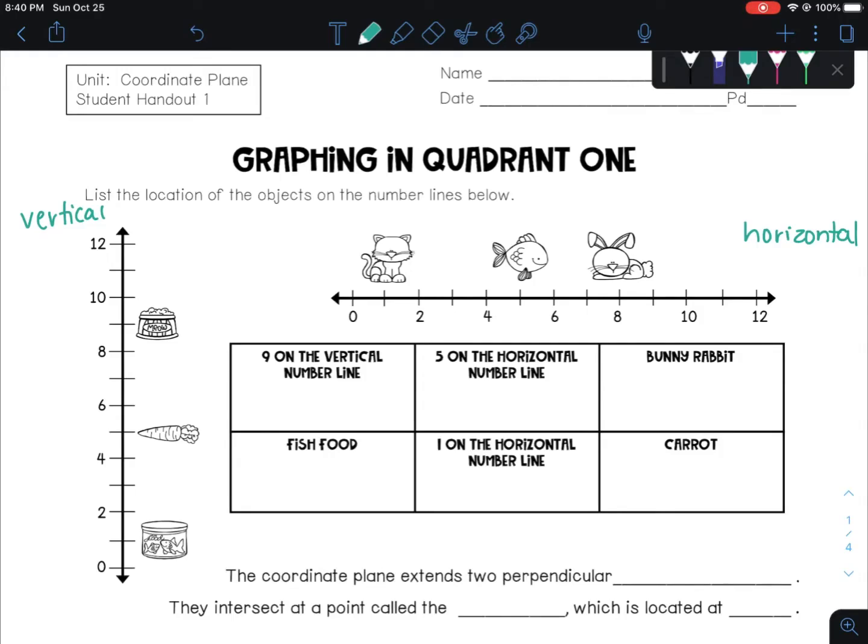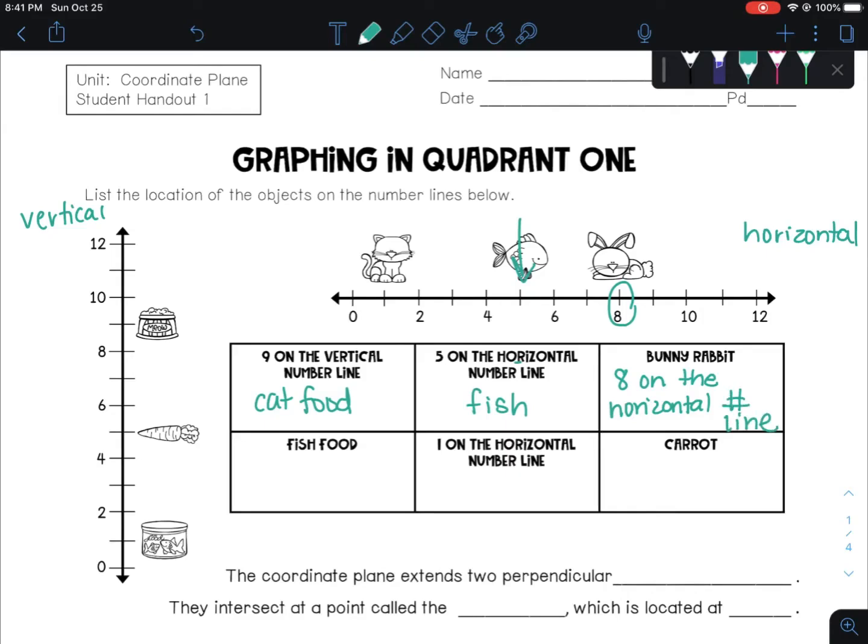Okay, so let's see what we can do here in this table. 9 on the vertical number line. So I'm going to go over to the vertical number line, and what I see at 9 is cat food. Okay, and then 5 on the horizontal number line. So if I go over to the horizontal line between 4 and 6, that's going to be 5, and that's a fish. The rabbit I see on the horizontal number line at 8. So we can say 8 on the horizontal